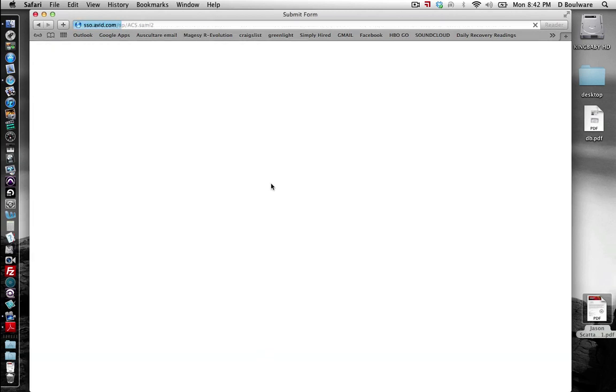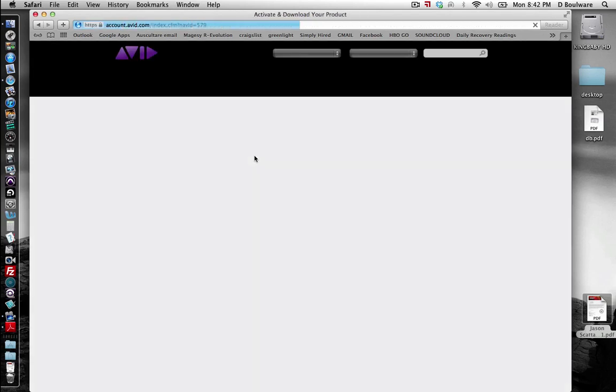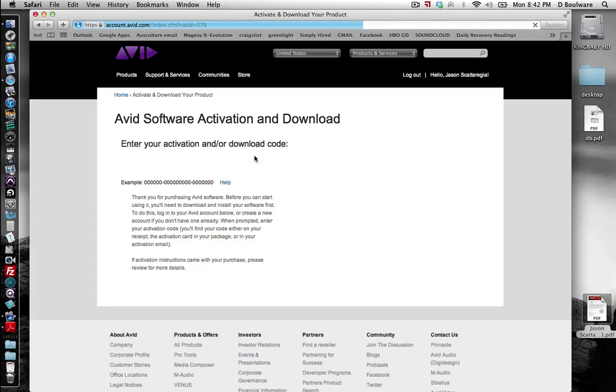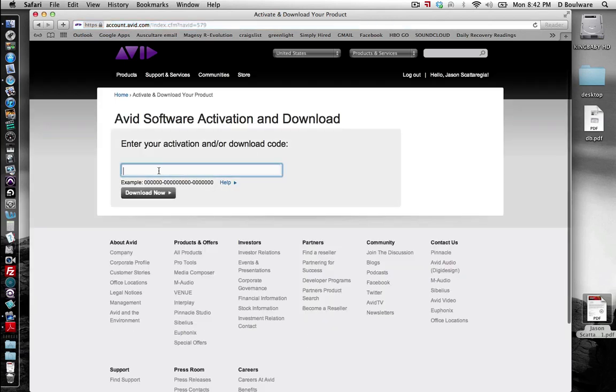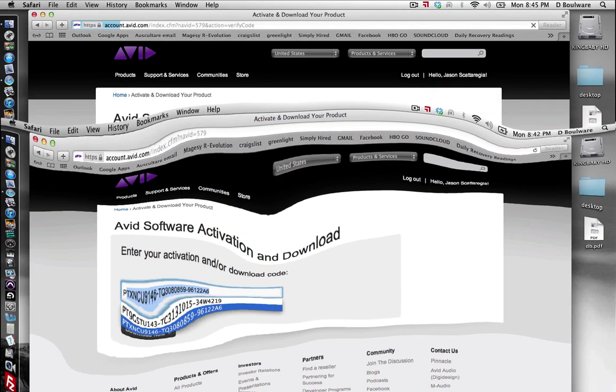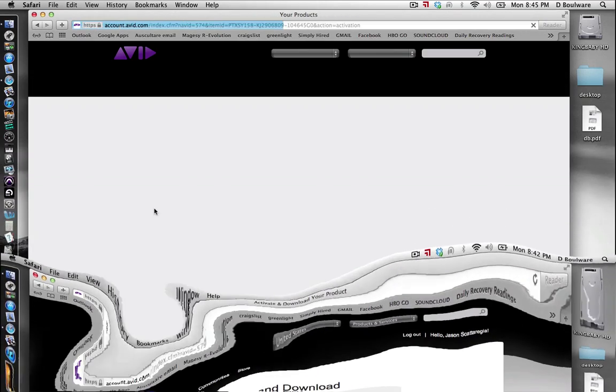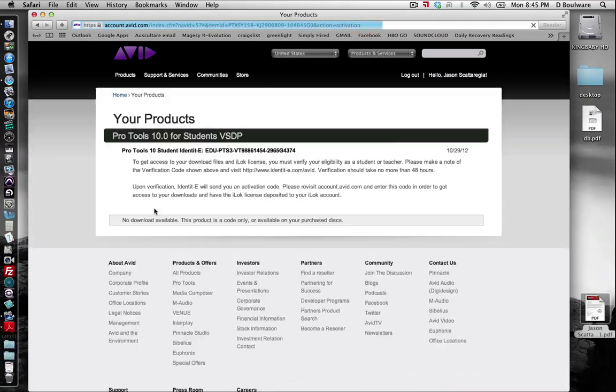Okay, you're going to take that code that you were given in the body of your email. Again, it starts with PTXSY. And you're going to enter it here. It is case sensitive, so enter it as PTXSY and then the numbers, all in capitals. After entering the code,